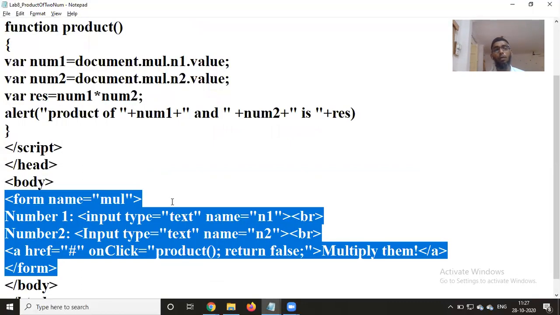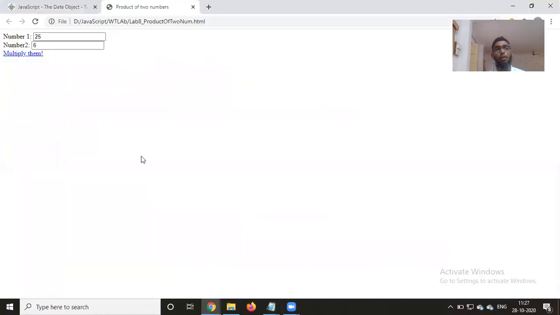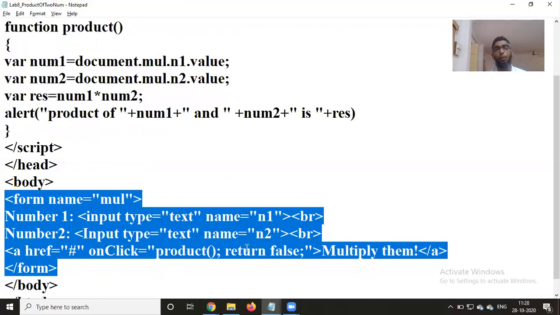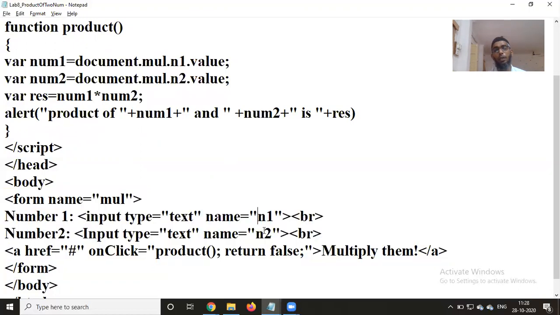And what name are you giving to the text box? You are giving the name N1. Likewise, I'm going to create another label number 2, a text box here, and I have named it N2. So I am calling the text boxes N1 and N2 here.